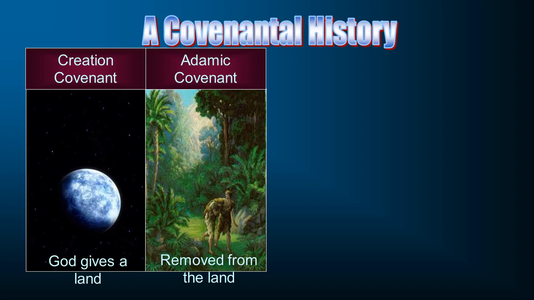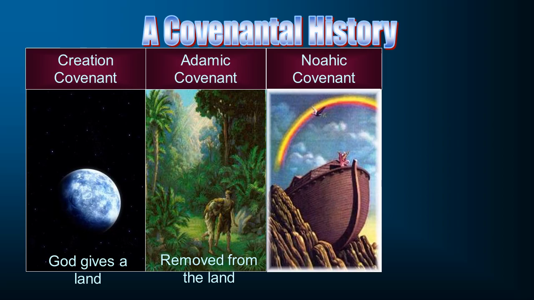Now, those two, like I said, I don't have any place in Genesis in particular that references them by the word covenant. But when I get to the next one, the covenant with Noah, God actually tells Noah, I'm going to cut a covenant. We'll talk about what that means later on. I'm going to make a covenant, going to cut a covenant with you. The Noahic covenant: God enters into a covenant with Noah and with everyone in the ark and with all life. It's not just with Noah and his family. It's with the animals, with everything.